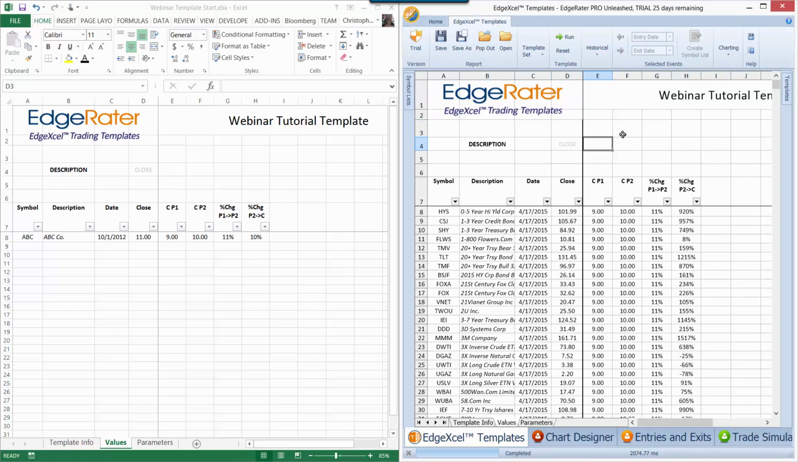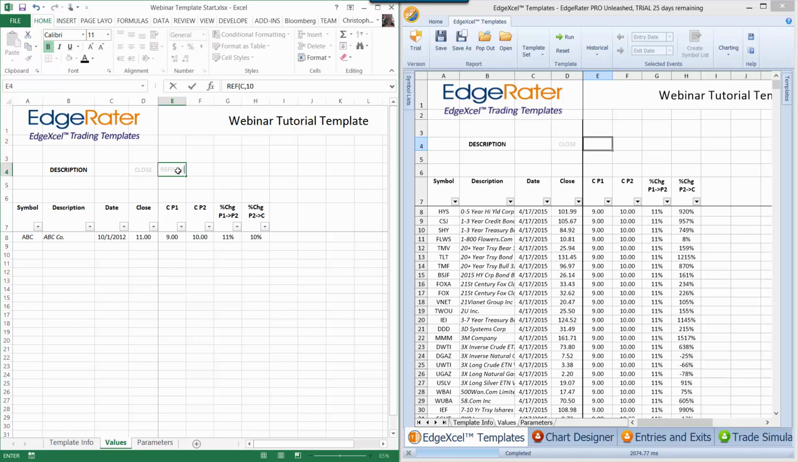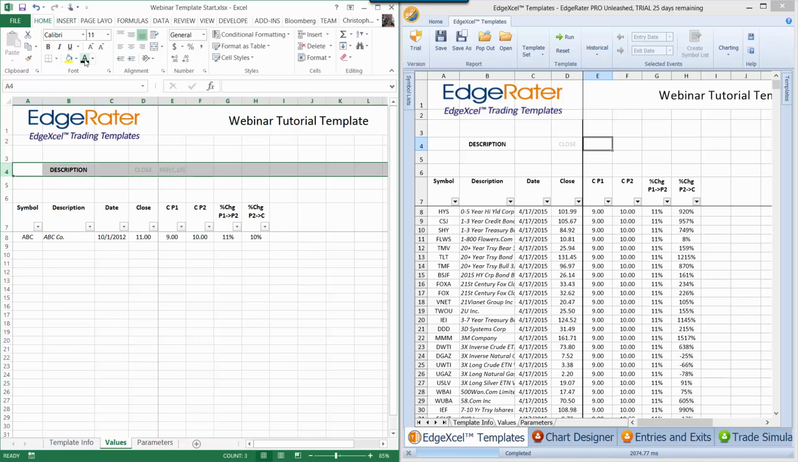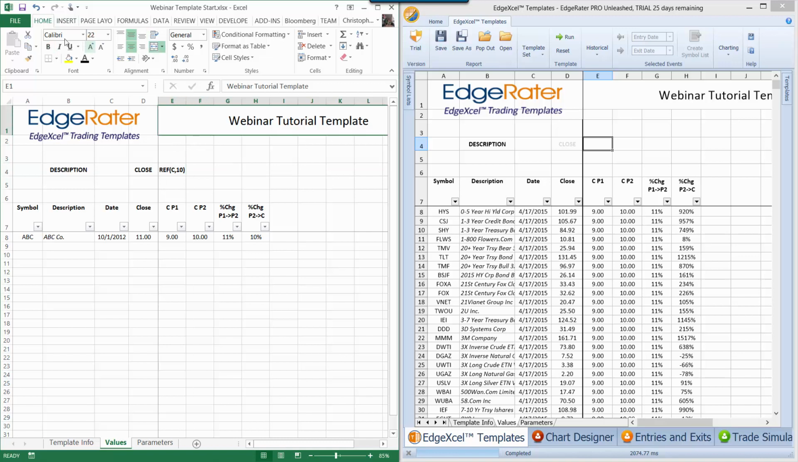This one was going to be a reference essentially of close price 10 days ago, and the script that gives you that answer is actually called a reference script because it's referencing something a few days ago, and it's called ref, and then you have to put what you're referencing, which is close price, and then number of bars ago, 10 bars. Let's make that whole row visible so you can see what I'm typing in. Alright, and if I just save that template, hit run over here,